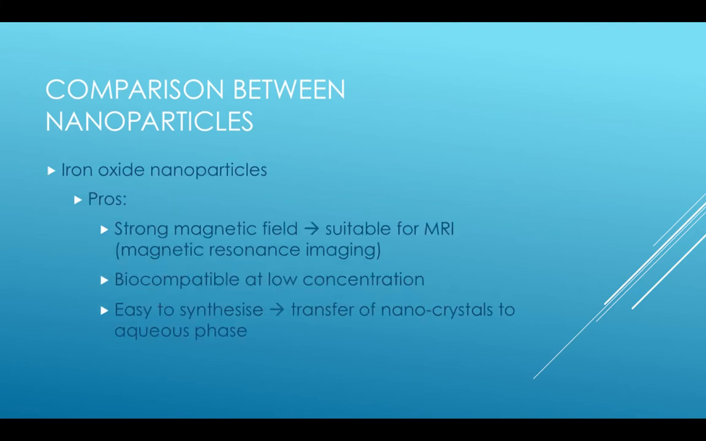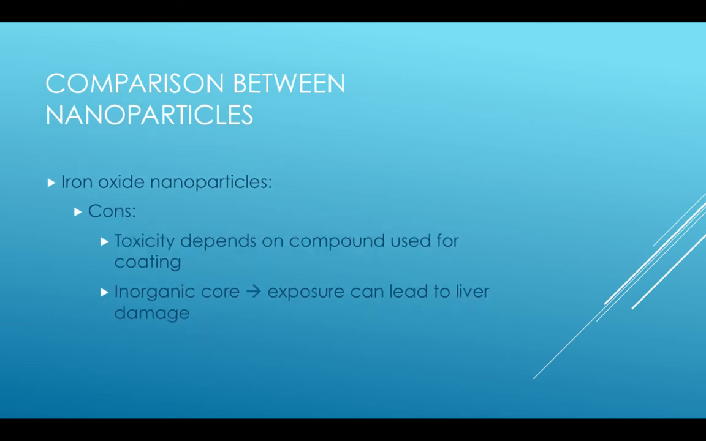Iron oxide nanoparticles are similar to quantum dots. They have an inorganic core that requires an organic coating to make them biocompatible. They have a strong magnetic field which makes them extremely suitable for MRI. They show acceptable biocompatibility at low concentration and high magnetic saturation. But because they are similar to quantum dots and have similar characteristics, they will also have the same toxicity risk